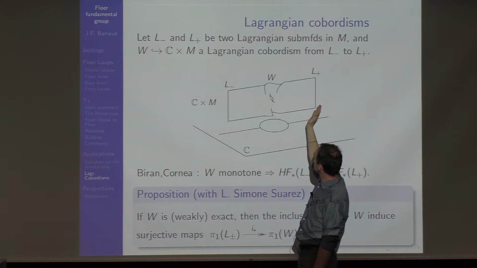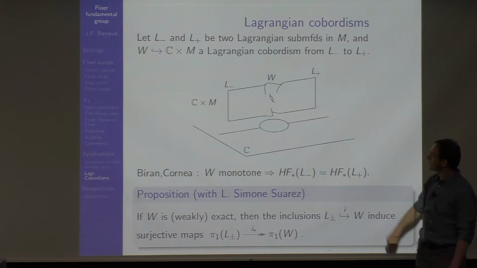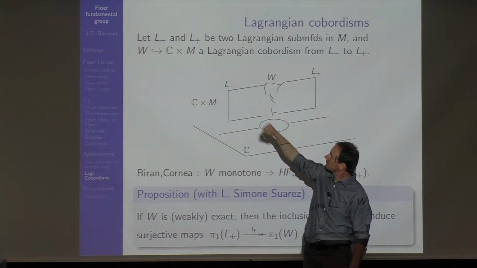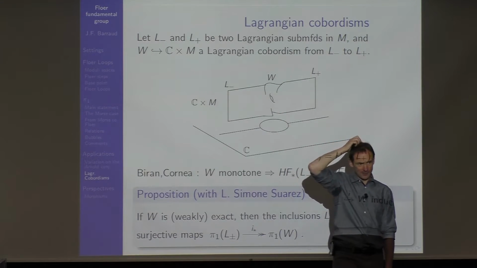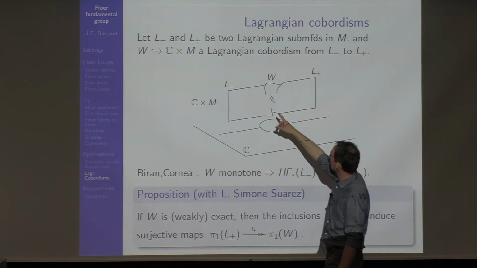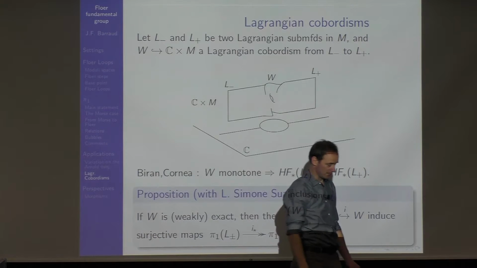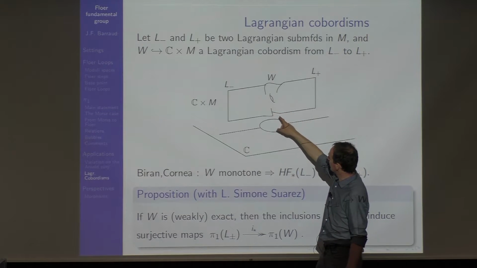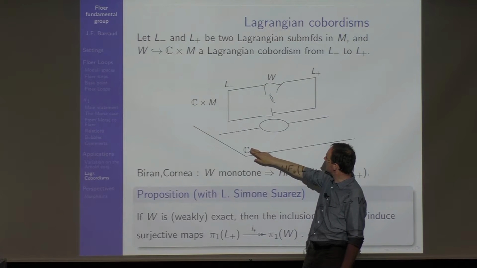And the Lagrangian cobordism is a cobordism between my two Lagrangians, plus an embedding of this cobordism into C times M, and you put on C times M the standard symplectic form on C and the symplectic form on M. And you require that this embedding is Lagrangian, and moreover, outside a compact set in C,